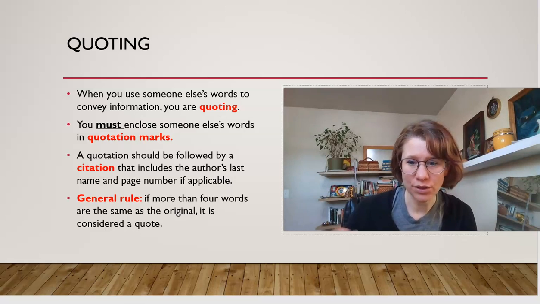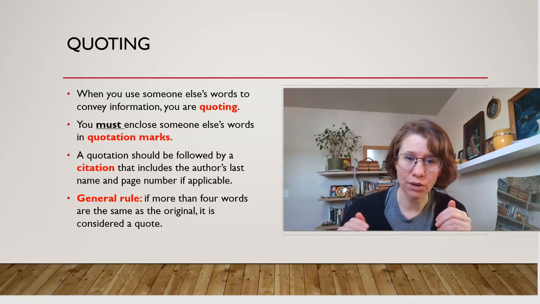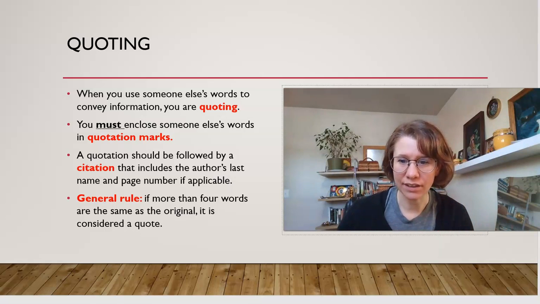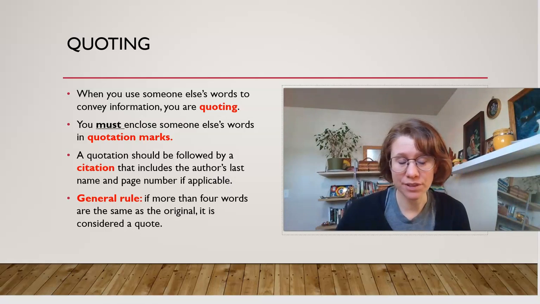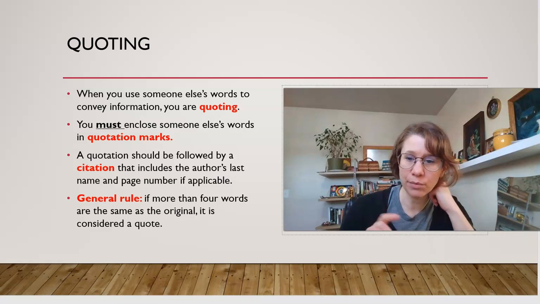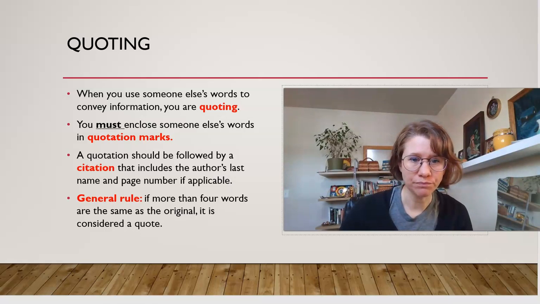And you have to also include a citation. So when I say the word citation, I just mean that's the information in brackets that comes directly after a quotation. And in MLA style, it includes the last name of the author or authors, if there's more than one, and the page number. In other guidelines, if you're using APA or Chicago style, it might be different. In APA, they include the year, but in MLA, it's pretty simple. You just include the last name and the page number, and that's it. So you don't need a lot of extra information in that citation.